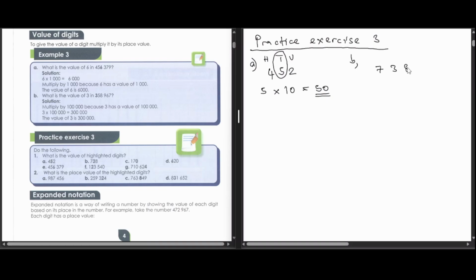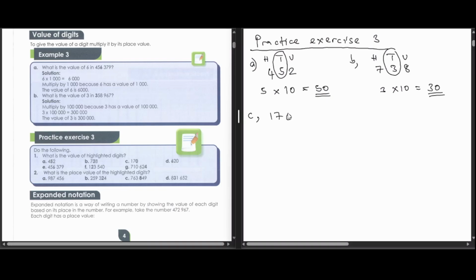738. 3 ndiye ari highlighted. 3 anenge ari under units, tens, hundreds. 3 are under tens. So it's 3 times 10. The value of 3 is 30. Andika? Tikaenda pa C